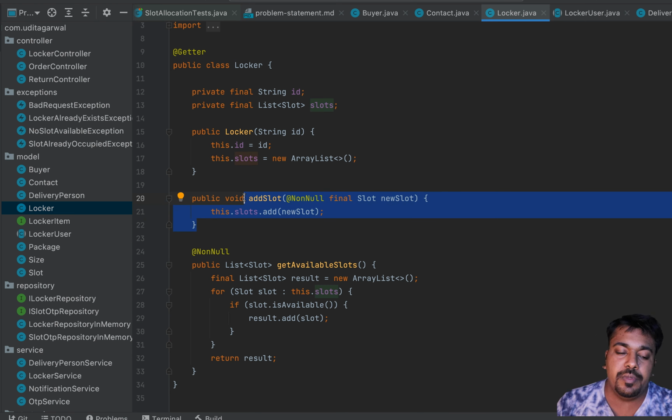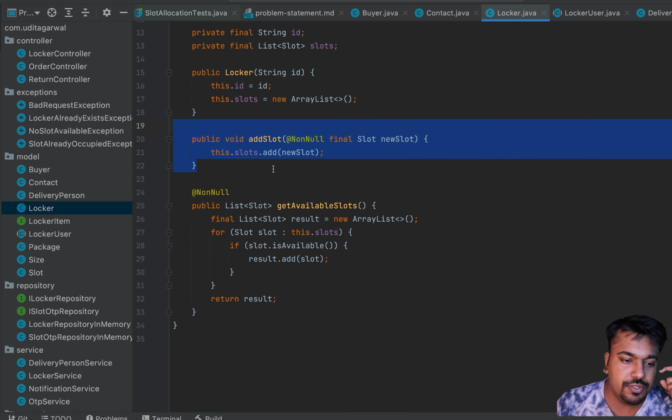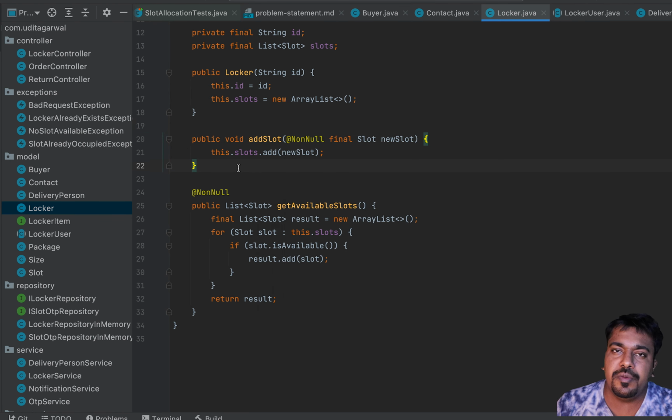They wanted us to be able to add a slot at runtime, so that's why I've created it this way. But you could have taken the slots in the constructor also, and you could have made it immutable. But yeah, let's go with it this way because the interviewer wanted it. So we have an add slot method which can add a new slot into the slots list. We do not have a remove slot right now because we do not want to remove any slot, but yeah, if there's an add slot, there can be a remove slot. But again, that was not part of the requirements. To save time in the interview, I did not go into that, because first of all, it's a very small thing, and second, it's not worth wasting time over. So whatever the interviewer wanted, I just put it there.